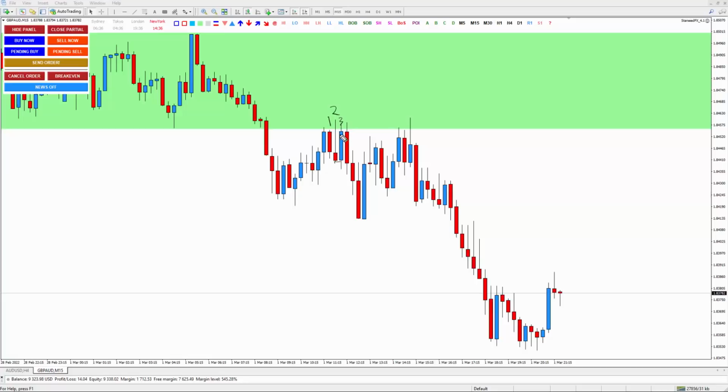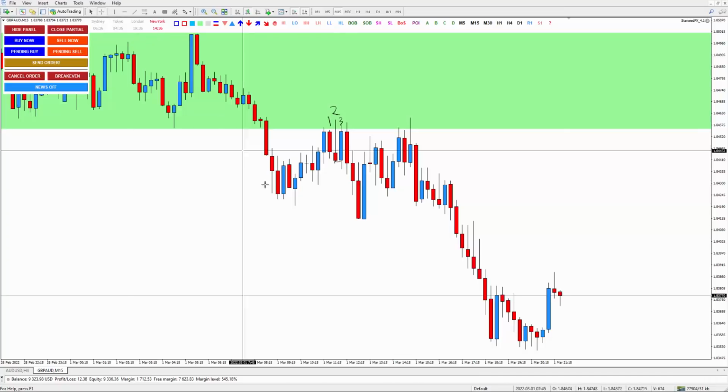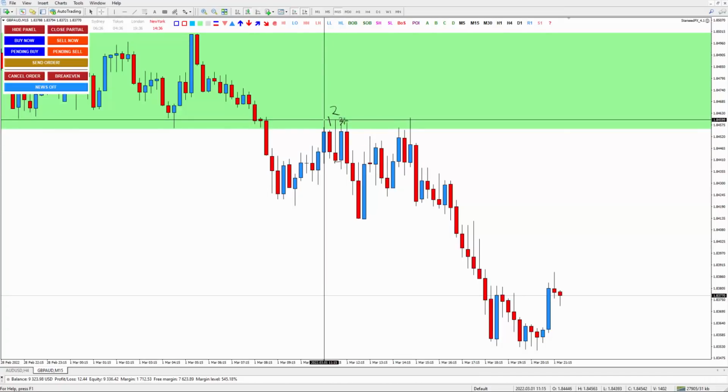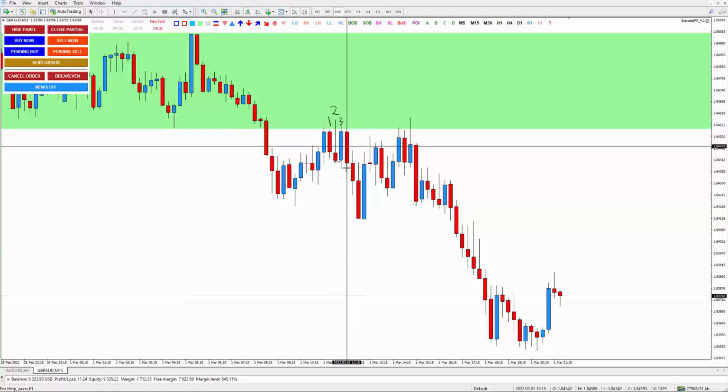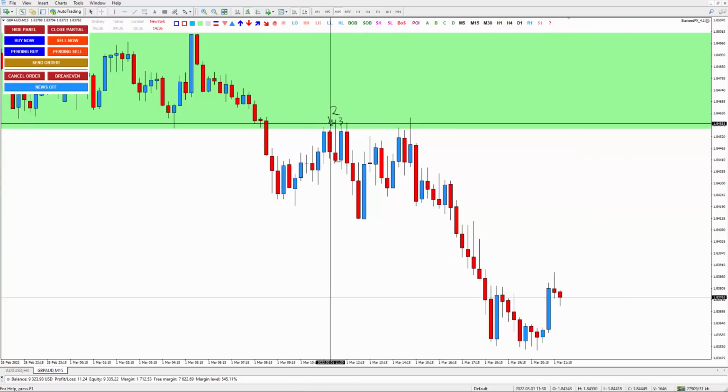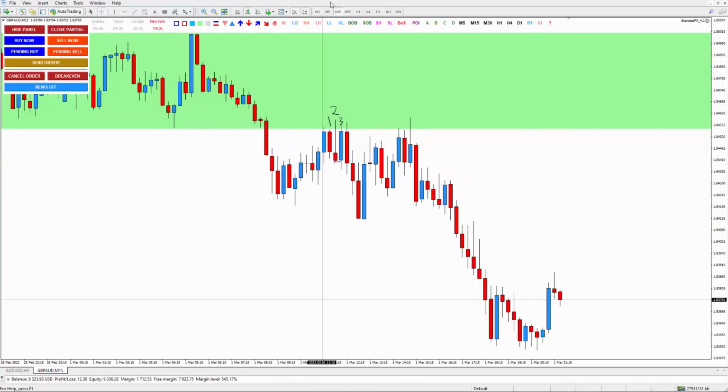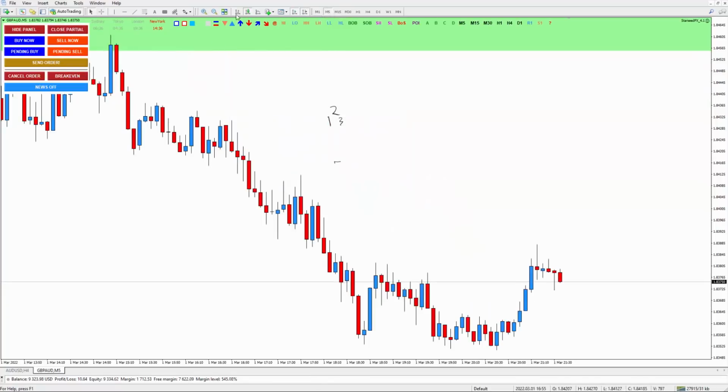Well, anyway, it's broken by this one. And then here, let's see if this hit a stop loss. I think this one hit a stop loss, right? You see that? It hit a stop loss. So let's consider the first trade hit a stop loss, okay? This is your first trade and you hit a stop loss. Regardless whether you go to M5 or M1, you will find that one hit a stop loss.